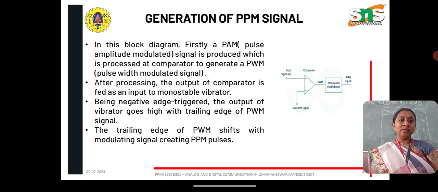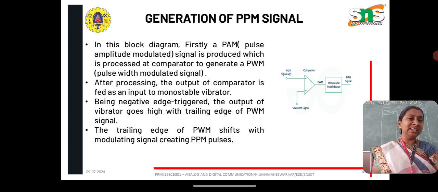The trailing edge of the pulse width modulation shifts with the modulating signal, creating the pulse position modulation pulses. So, first the comparator, then from the comparator the monostable vibrator, and then we get a pulse position modulation